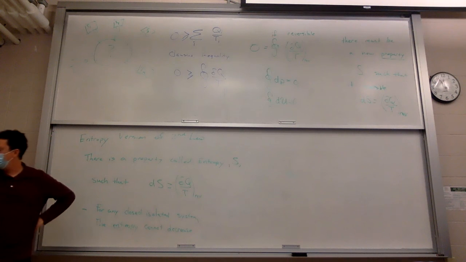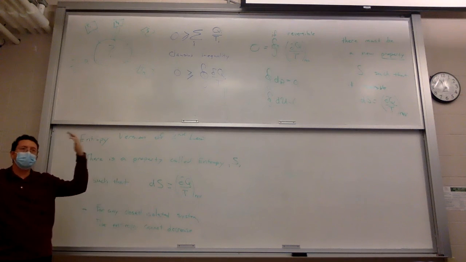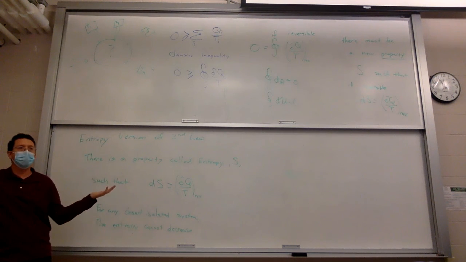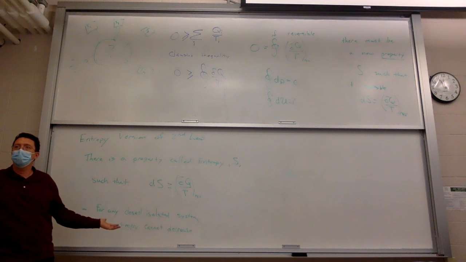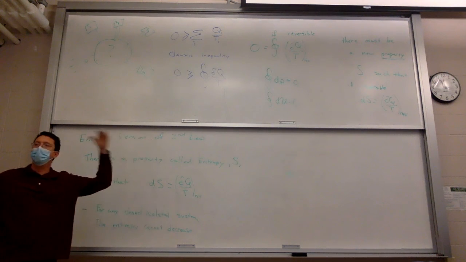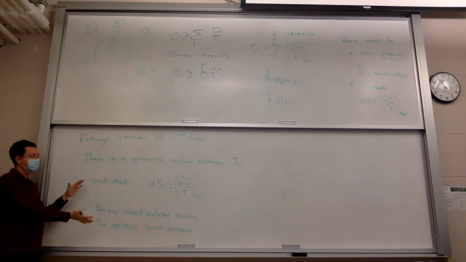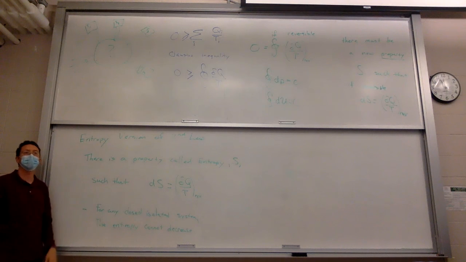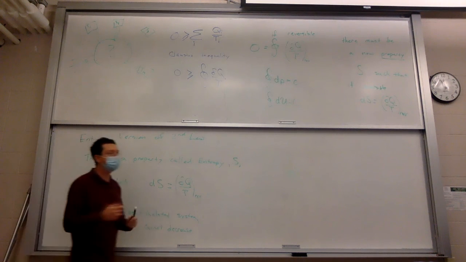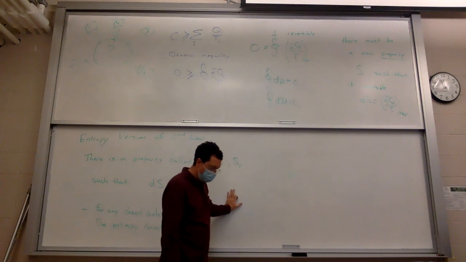Wait a minute. Why is this a big deal? I mean, we said entropy is a property. You have any cycle, the entropy change is going to be what? Zero. Well, why is that a big deal? Well, when we have thermodynamic cycles, we have heat in and heat out and work, right? That's the whole point. There's heat and work in the cycle. This is like when there's no inputs or outputs at all. So this is a little different statement than that. Here's how you can show that, incidentally.